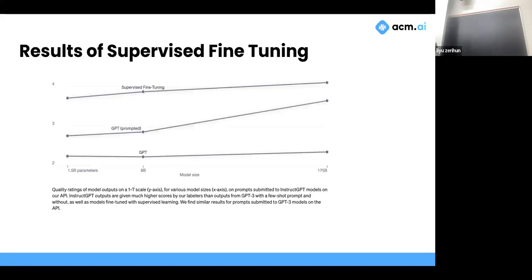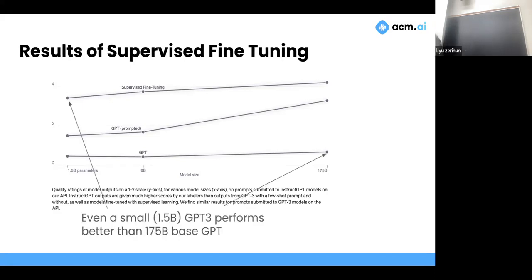Zero shot, no examples. I'm telling you, do the thing I want, right? And it showed how much better you need to do this. It doesn't even matter if it's smarter. Again, you can see that once it's in the smarter range, it does help a little bit, but it really is about getting it to do what we want.